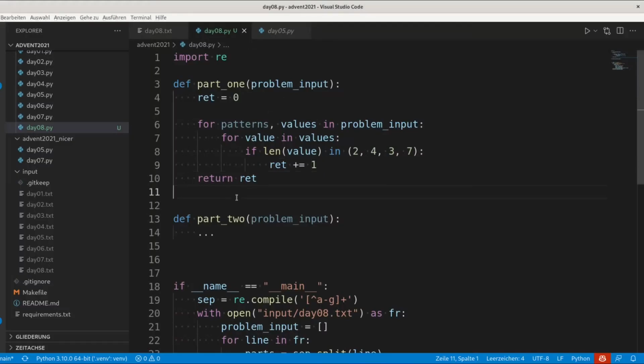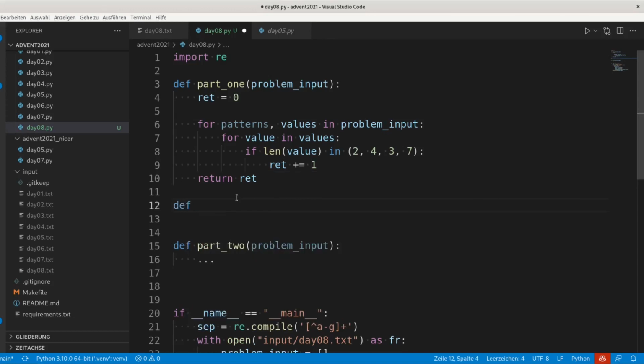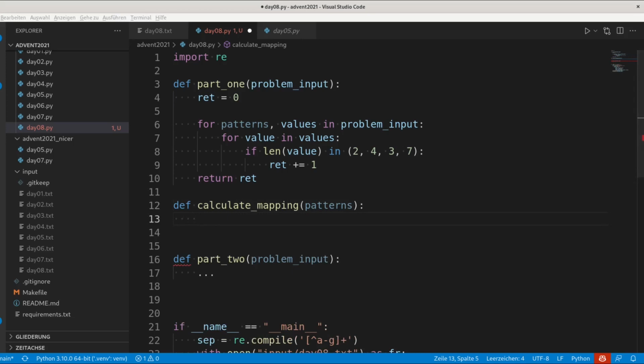First of all, we want to create a function that we will call calculate mapping, which will get as an input the patterns that we have in our line, the description of the list of 10 segments that are activated by every representation of a digit, and do the operation that we just described. First of all, we want to count how many times every one of the 7 letters appears in the list of patterns, because that's one of the ingredients of our